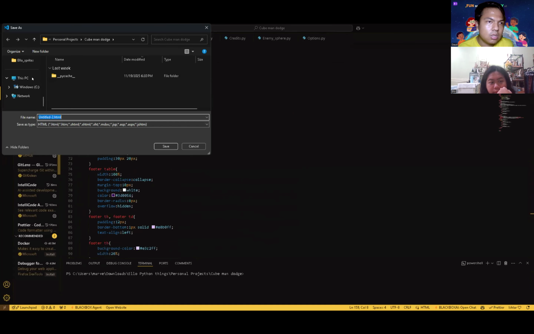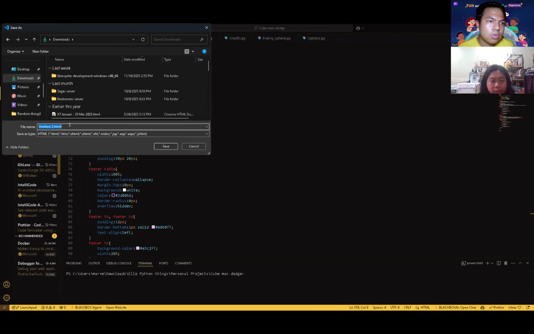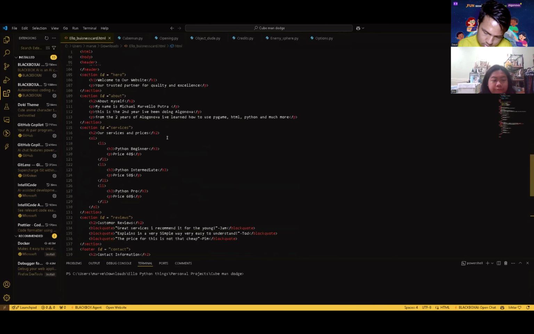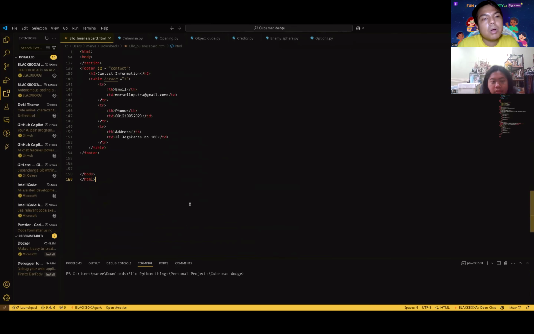Go to where you want to store it. Name it business card dot html, not txt. Okay, you already saved it, and then you can go to the browser again.